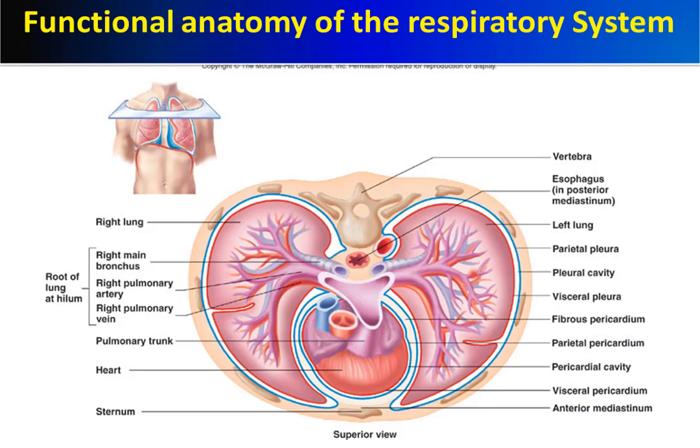So this is another figure which shows the pleural sac. This is our two lungs, in a transverse section. The layer which is red in color is the visceral pleura, and the layer which is blue in color is the parietal pleura. And remember, we have two separate pleural sacs, and we do not have air inside the pleural sac. Rather, we have a thin fluid layer in the pleural sac.